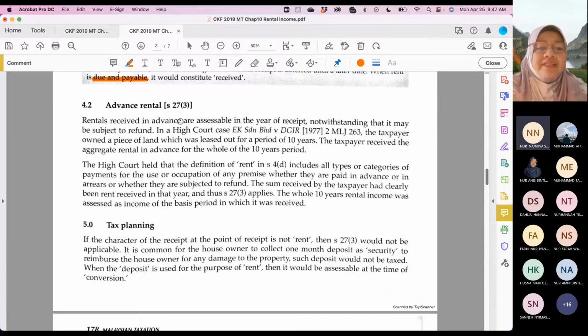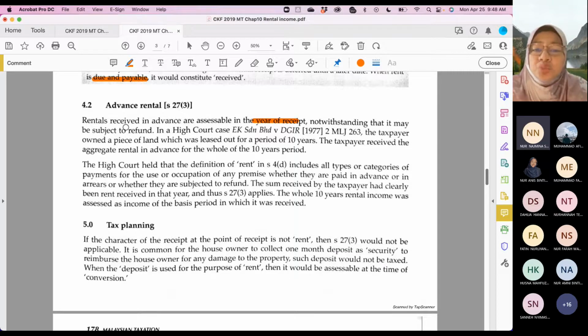Rental received in advance is assessable in the year of receipt. So for example, if I'm the landlord and I have a property, and the tenant paid me in 2022 rental for 2022, 2023, 2024, so the rental is paid in advance. When the rental is paid in advance, the law is that we are going to tax you in the year of receipt. So even though it's for 2022, 23, 24, but received in 2022, everything is actually taxed in